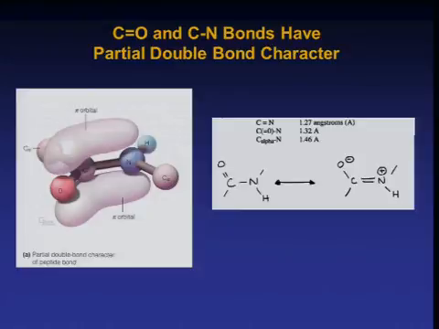A normal alpha carbon nitrogen bond is 1.46. So this here, which is the amide bond, that is intermediate, right, between a simple carbon-nitrogen bond and a double bond between carbon and nitrogen. So that shows that that does in fact have partial character. You don't have to worry much about these specific numbers. The important thing here is understanding where the peptide bond is,